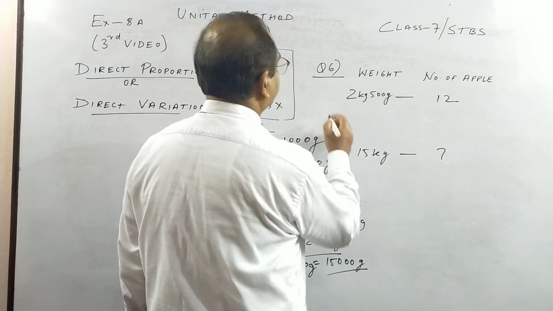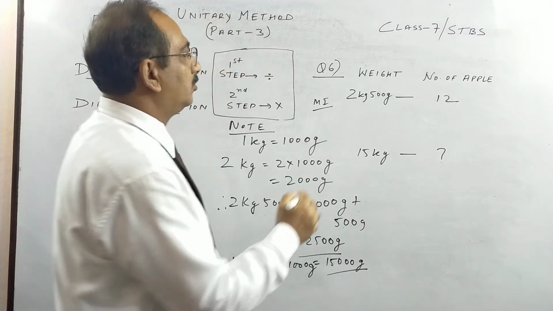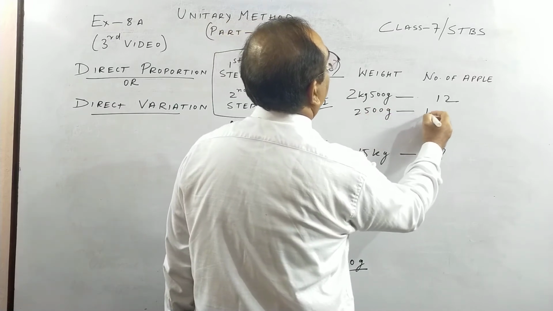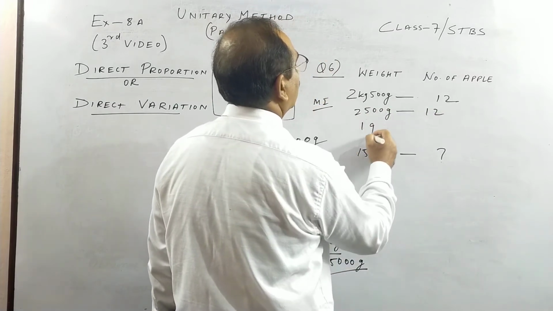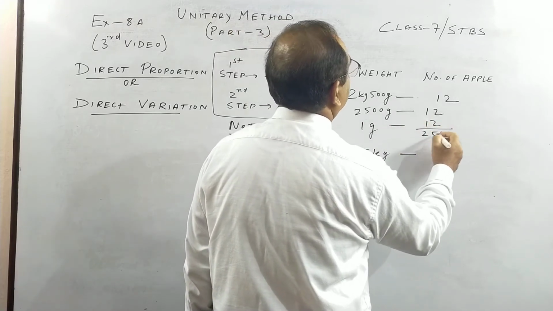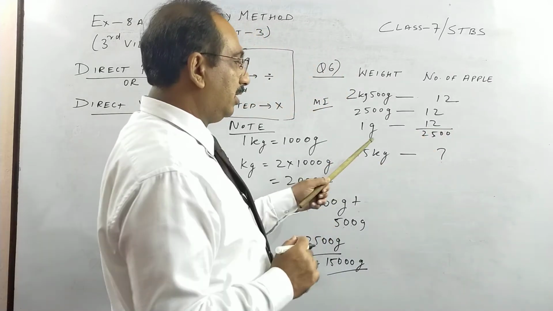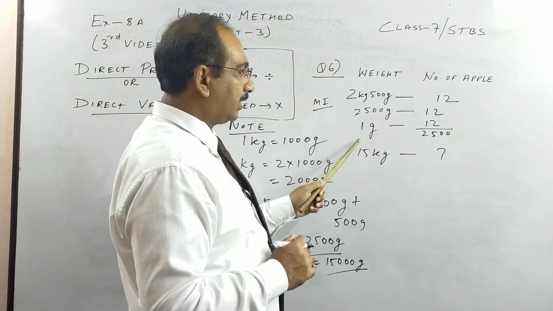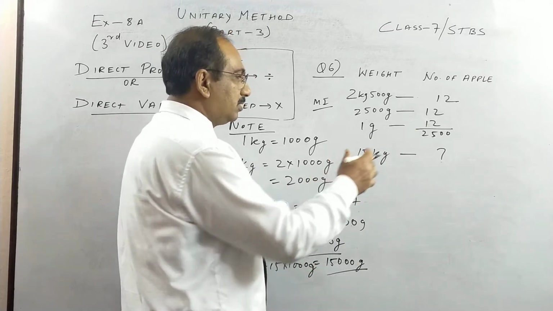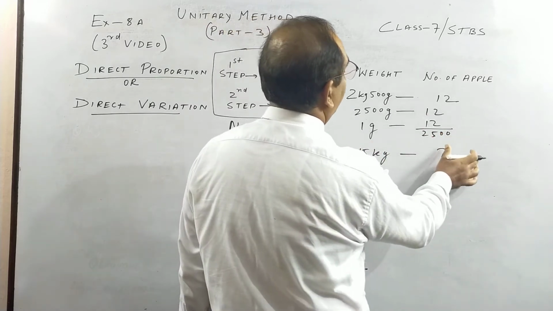So here method 1, I'm converting to gram. So this is 2500 gram. You get 12 apples. So 1 gram is very less. So this is a fraction of apples. Children, 12 by 2500, it's a fraction of apple. Okay, mathematical. This is very difficult to get in reality. Okay, 12 by 2500 apples.